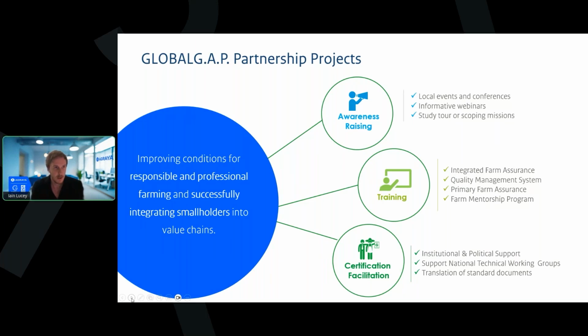We might support governments in the development of local standards that may be benchmarked against the GLOBALG.A.P. standard, or maybe simply aligned with our standard to help support people in taking those steps of certification. We may help with certain technical questions that governments may have with regards to how the GLOBALG.A.P. standard can be adapted to fit the context of their specific countries through developing what we call national interpretation guidelines. So there's a whole host of work that we do through our partnership projects, and like I say, it can vary in scale and vary in demand.